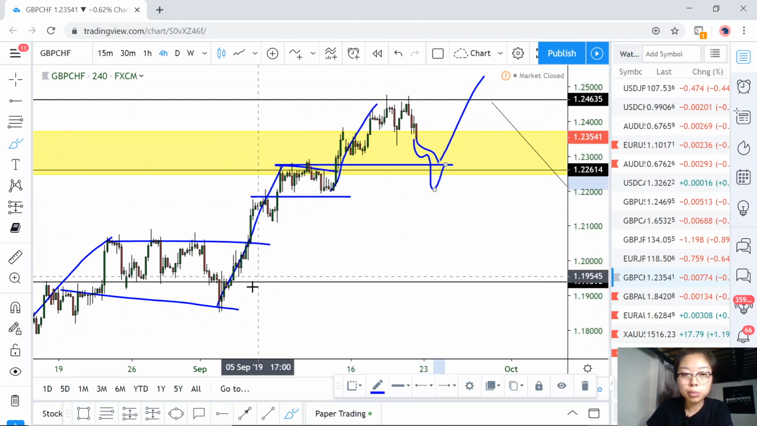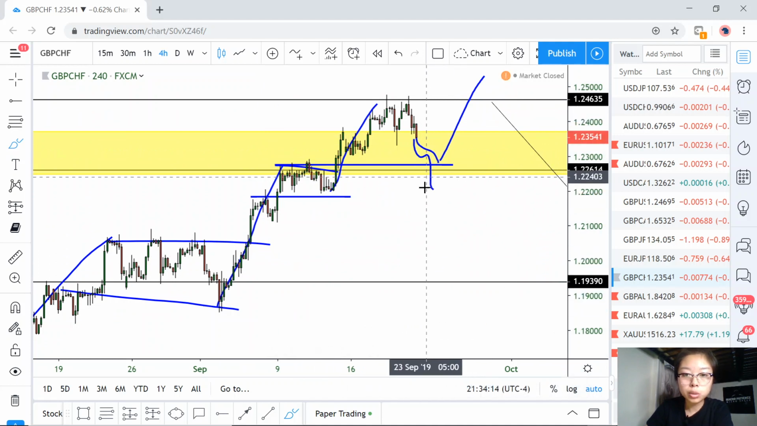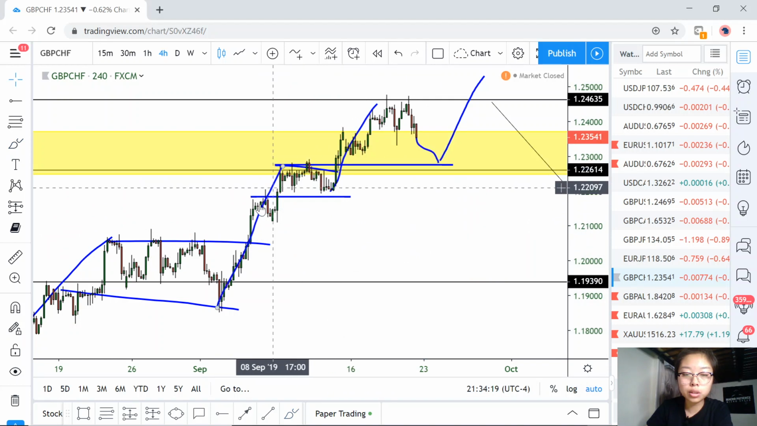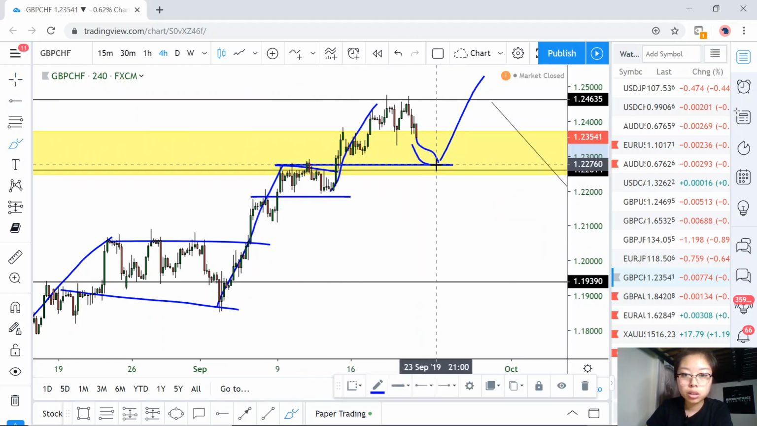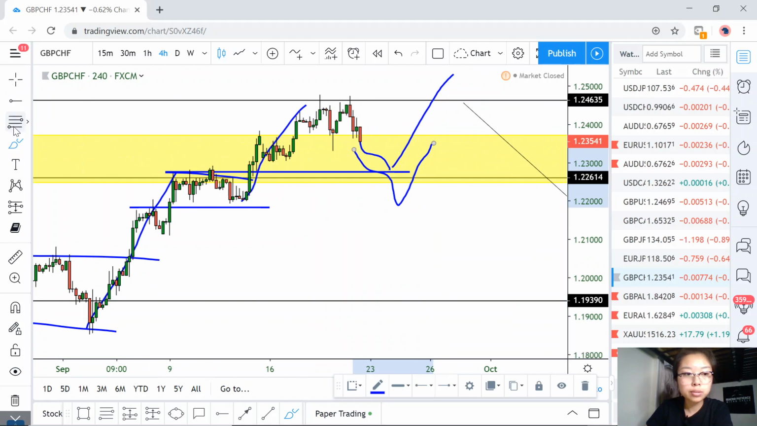However, at this clean break, the structure is not broken. You would need a clean break, breaking this low. Now that's a little miniature low, but a clean break over here. Retest, like a deep retest. So at this retest,